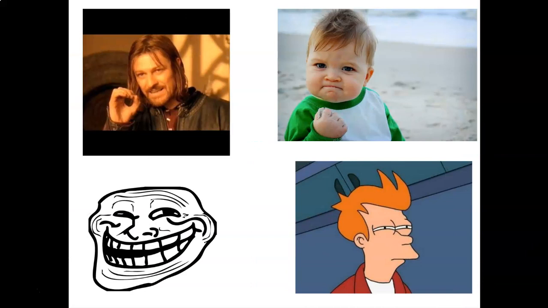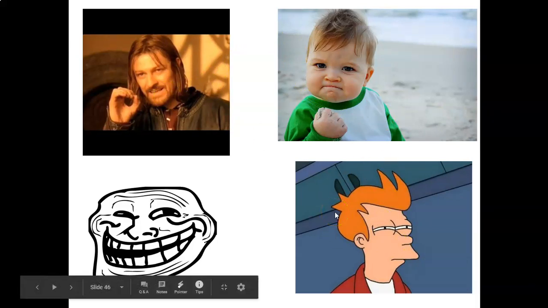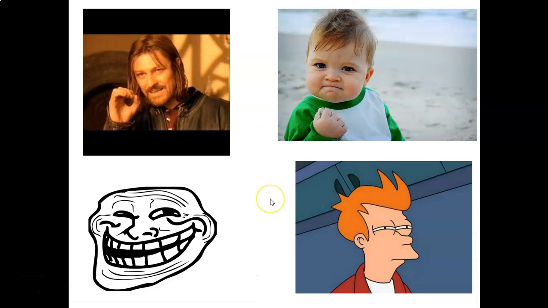With all of these images, we have common connotations with each of these different things. If you're a Lord of the Rings fan, if you know Futurama, we have a lot of different clear images that indicate what these mean. They give us more information than we would have from just text. Similarly,